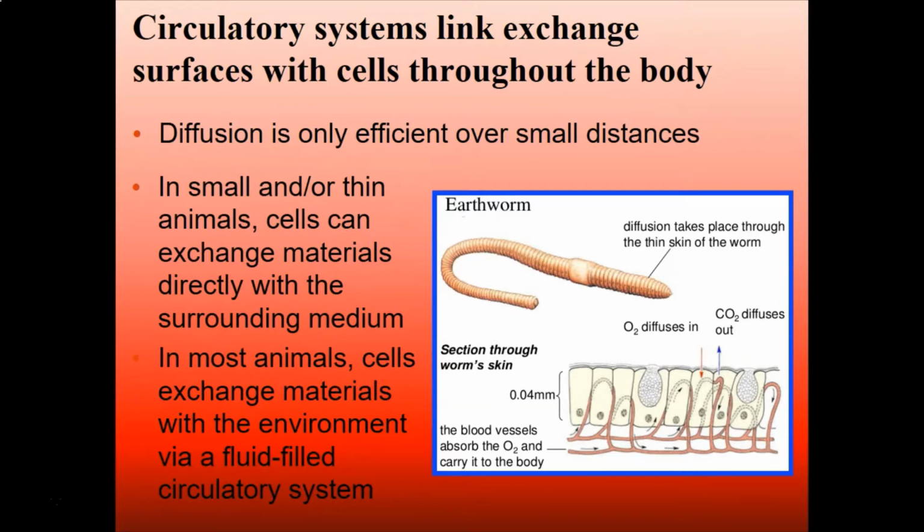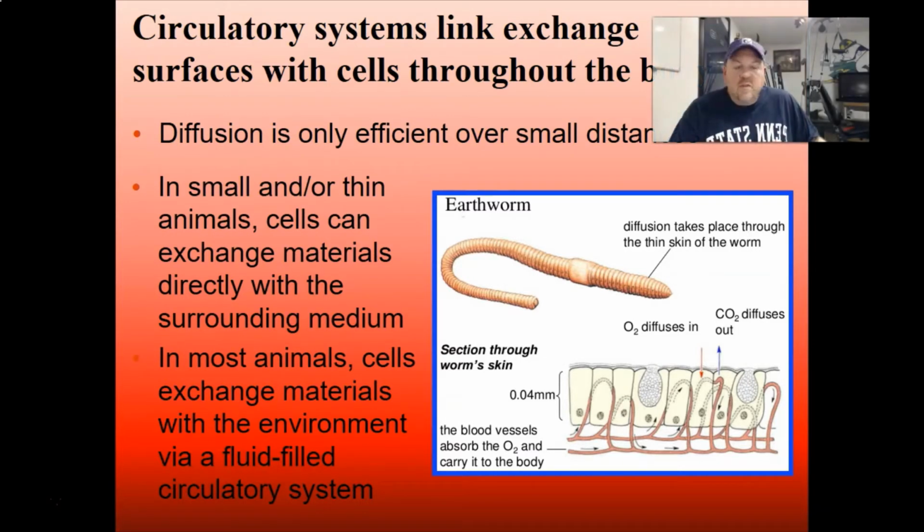Now, diffusion is only efficient over small distances, and that's why we need a circulatory system. Think about it. If you just breathed in oxygen into your lungs and you expect your pinky toes to get that oxygen diffusing down to it, no, that's not how that's going to work. So a circulatory system is great because it brings the nutrients to the different tissues, different cells that need them,